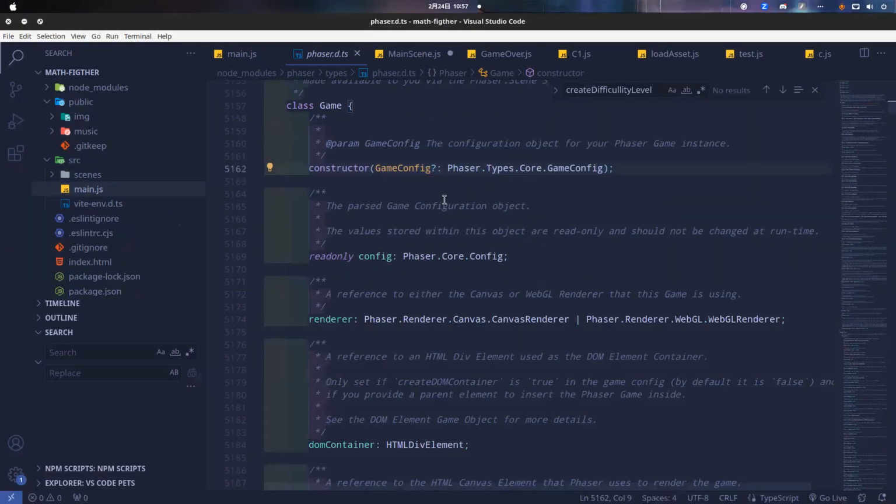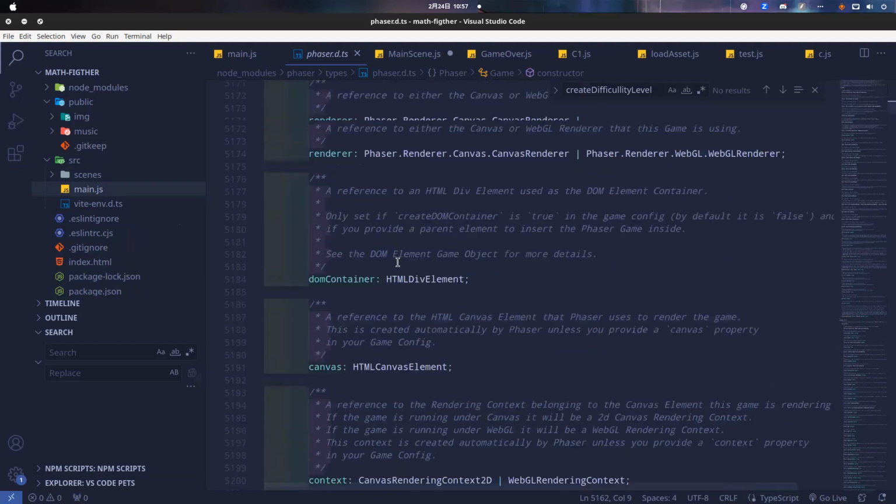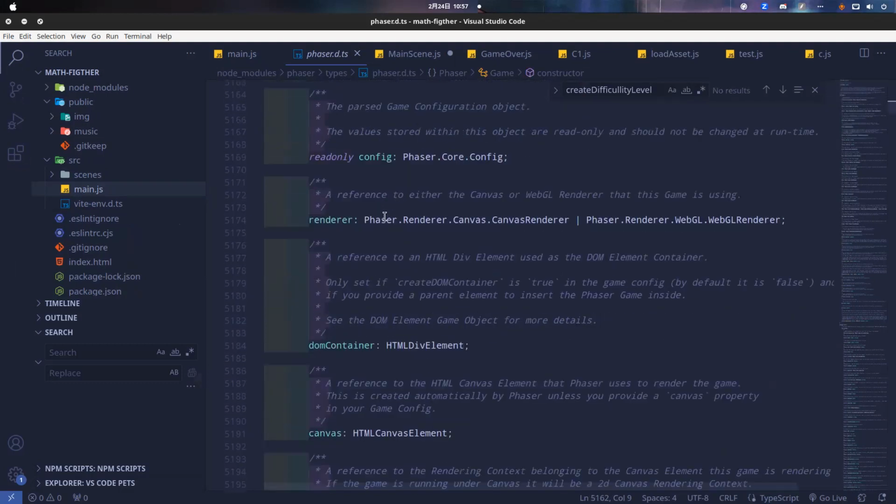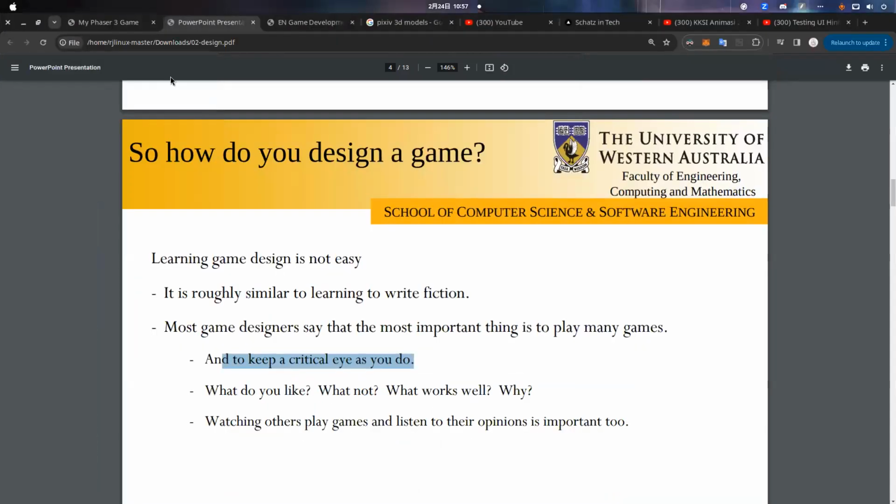That means everything that you have created in main will be processed in this script inside class Game. For example, renderer: we want to render the canvas to the WebGL renderer, and the result is just like this.